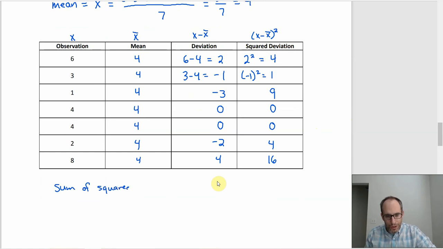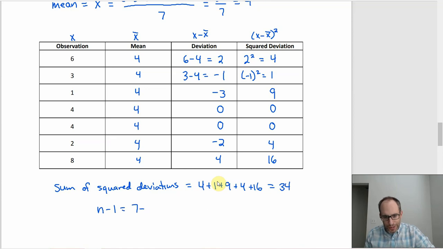the squared deviations, which would be 4 plus 1 plus 9 plus 4 plus 16, which is 34, right? That's 20, 10, and 4. Then we need n minus 1, which is here going to be 7 minus 1, which is 6. So then